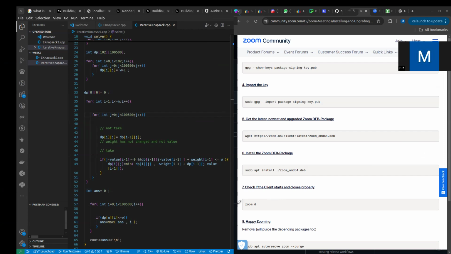So here we are at I, and our previous state was I minus 1. So dp[i-1]. If we take this bag, it means in the previous step, at the previous index, what was the value of weight? The value of weight will be dp[i-1][j minus